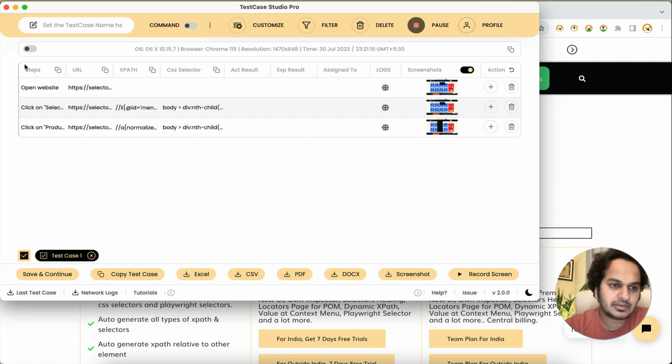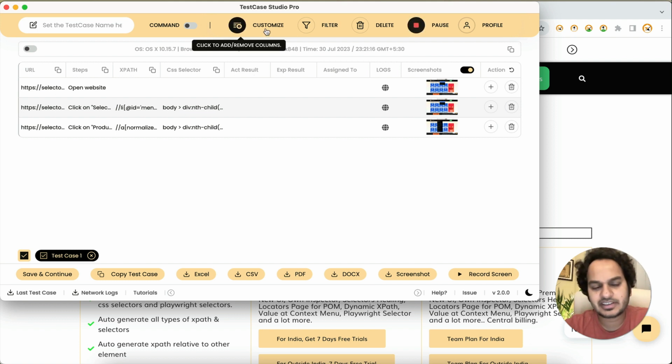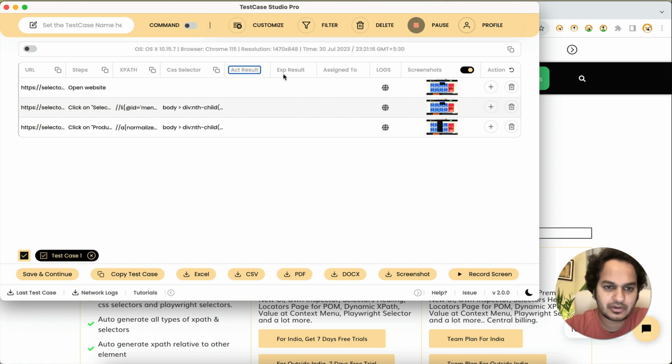If you want URL before steps, you can just click here and hold it and move it like this. So this is one way that you can rearrange the order of columns. If you are not comfortable doing it from there, we have also provided a better option, because this column is also editable. You can add the name, and more action items are there. So in that case, if you find it difficult to drag and drop here and there,